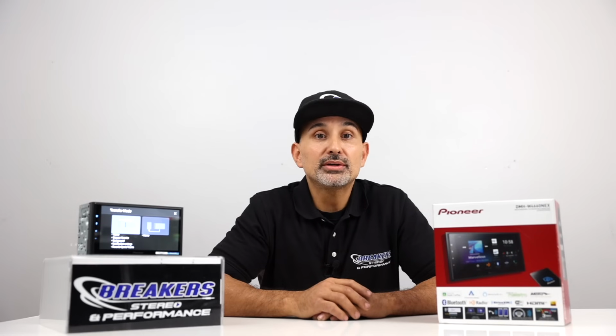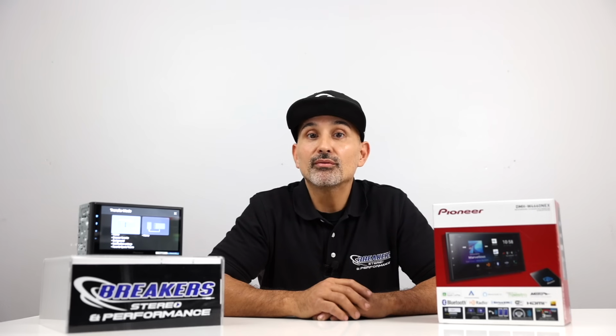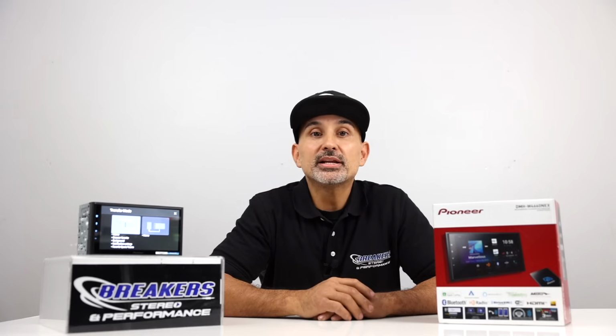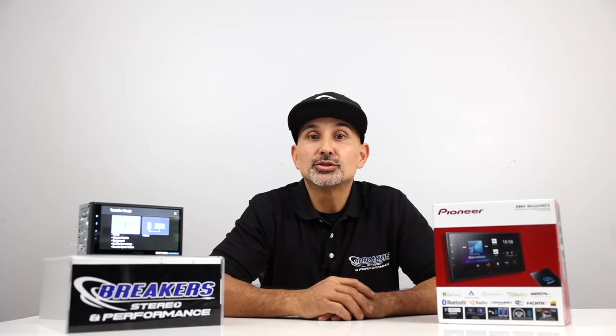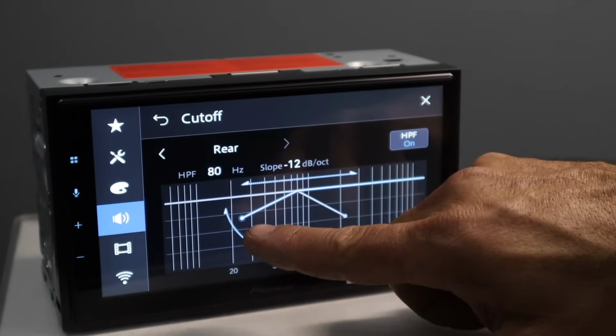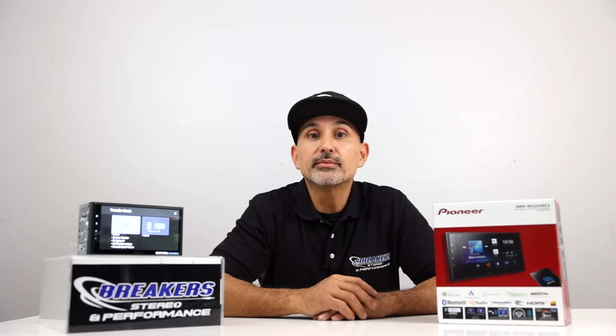Okay, other features include a 6.8-inch capacitive touchscreen monitor, 3 sets of 4-volt pre-outs, Bluetooth for hands-free calling and music transfer, 13-band graphic equalizer, built-in time alignment, and built-in crossovers adjustable for front, rear, and subwoofer. Okay, this radio is 14 watts times 4 RMS, 50 watts times 4 peak, Sirius XM ready, and also steering